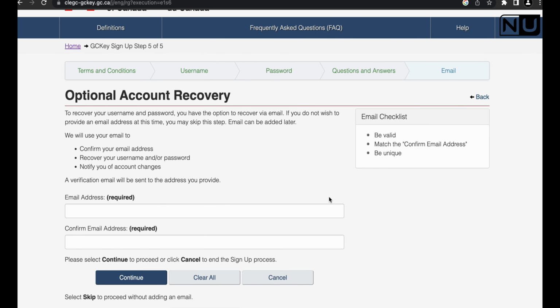Now you have to enter your email address. Just make sure this email address is being used for the first time, because the same email ID cannot be used to create another account. It should be a unique account. I have created multiple accounts for different uses, so today I will try with a different username so that I can explain the process to you.